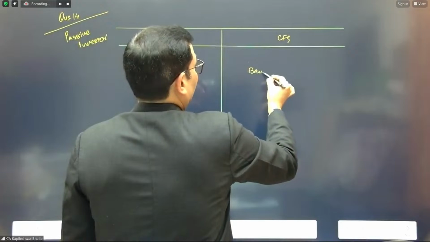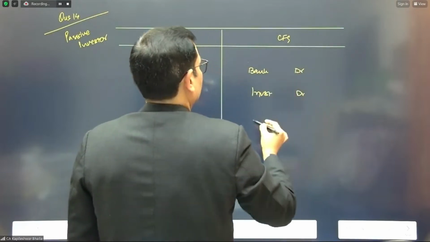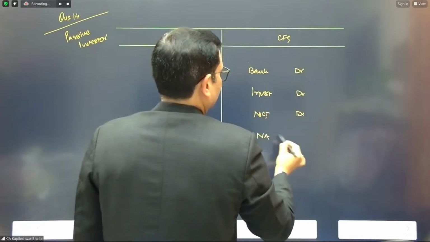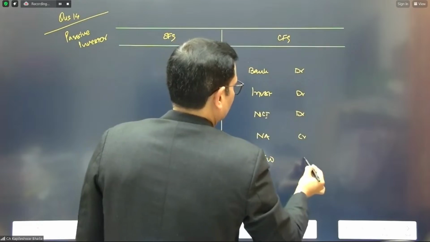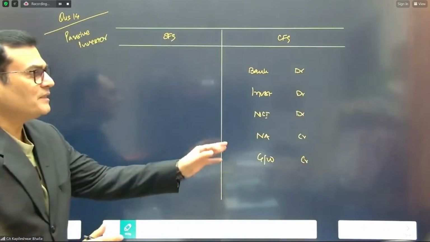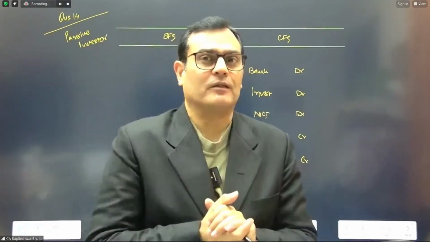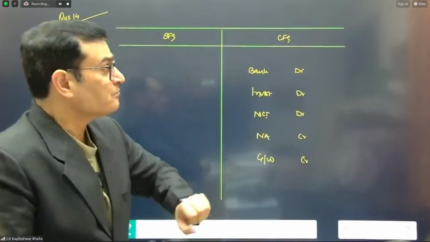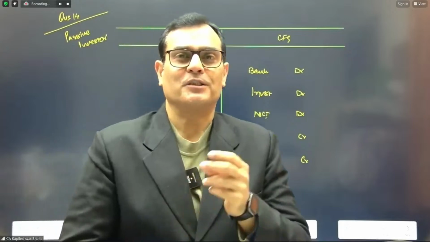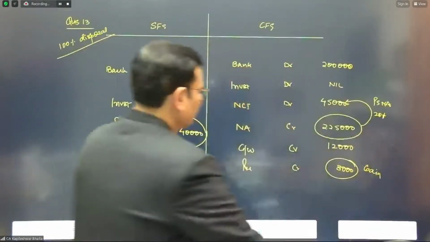So we need to put the entry: bank account debit, investments retained if any debit, NCI derecognized gets a debit, and net assets gets a credit, and the goodwill gets a credit. And trust me, if you do these questions this way, it's very simple. If you look at the study material also, they've done some calculations where the entries are not given, but I have devised this technique that, if you put a reversal entry of the consolidation, you always get the answer quick and fast. Okay, now let's go back to the data and fill up the figures.